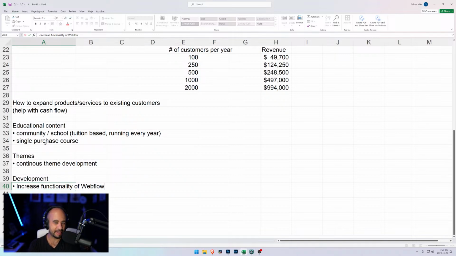But I do have ideas, again, with the educational content. It's not always necessarily going to be specifically about Webflow, but it could be about web design in general. There are all kinds of different tools that you can use to create websites. And with the themes, there could be development of themes outside of Webflow, like Ghost as an example, which is another platform that I really love. So yeah.